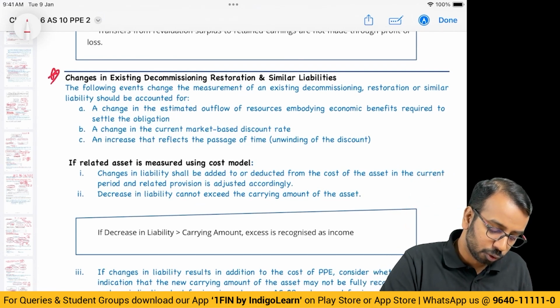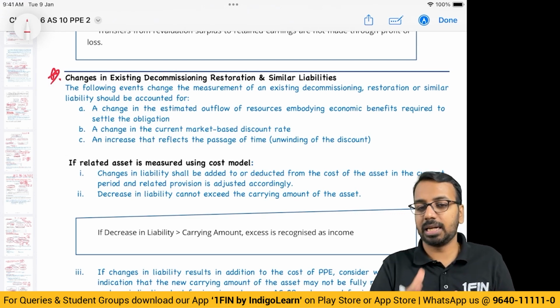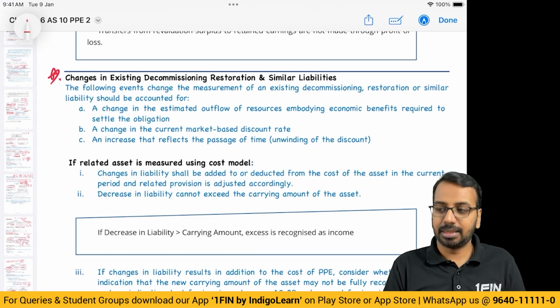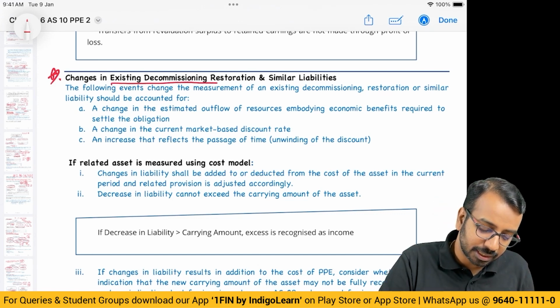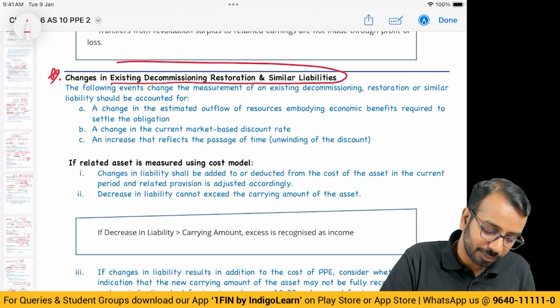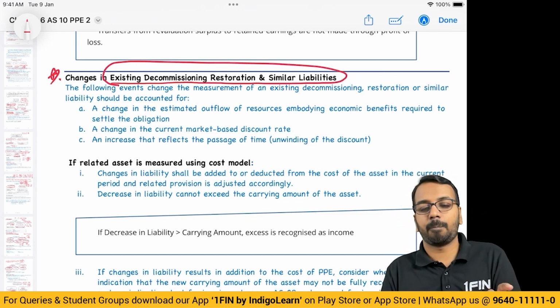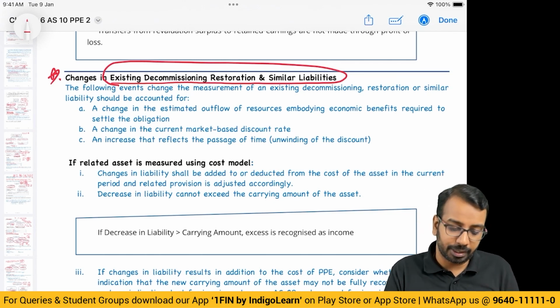This, though I will be teaching you briefly, is a slightly advanced level concept, and don't expect it to be tested again in the examinations, right? First, if there are any changes in the existing decommissioning, restoration and similar liabilities. This is the present value of decommissioning. There, if at all there is any change, how do we account for it? First,